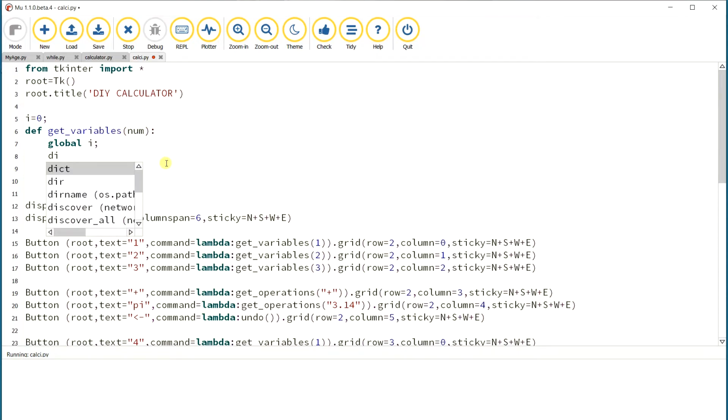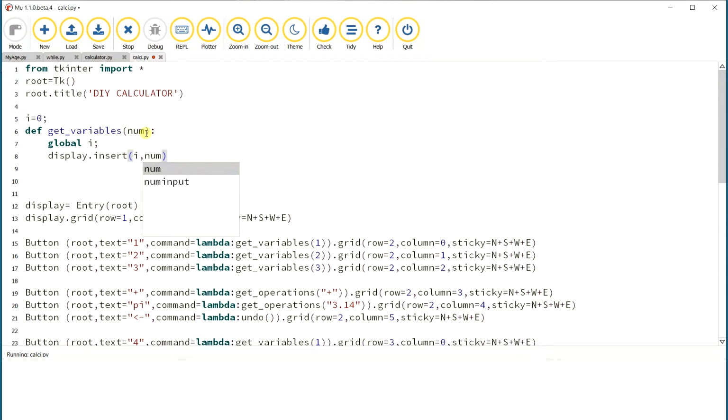Using this get variable function, whatever input is pressed by the user will be displayed on the display line. So we have to insert the inputs pressed by the user in the display line. We write display dot insert, where i keeps the position number of the inputs, and num is the input pressed by the user.